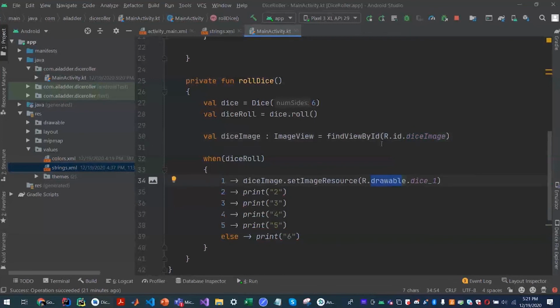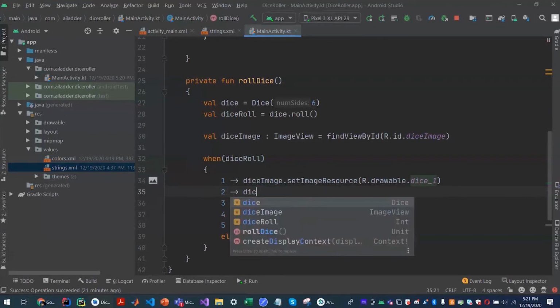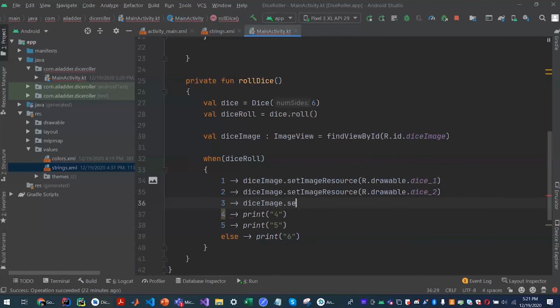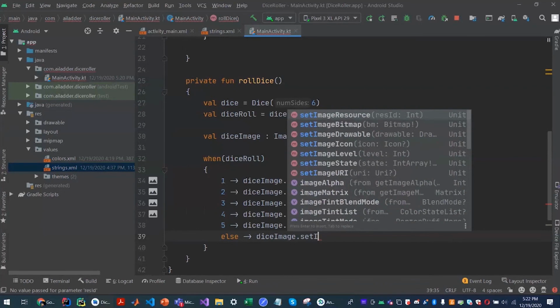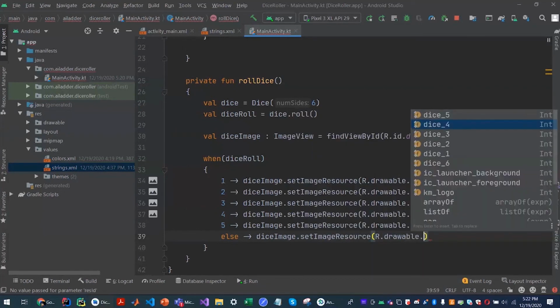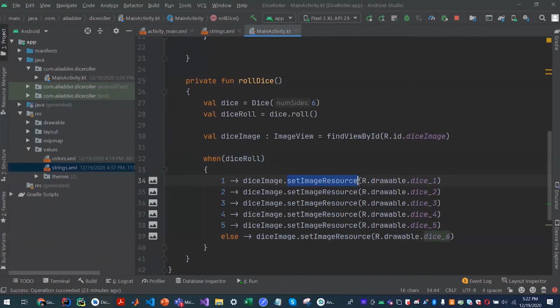So here we said R.id and the ID for the view, and here R.drawable and the name of the image. Set image resource is just a method that lets you change the image of the corresponding image view, and we declare it here just like how we declared previous views with their corresponding IDs.